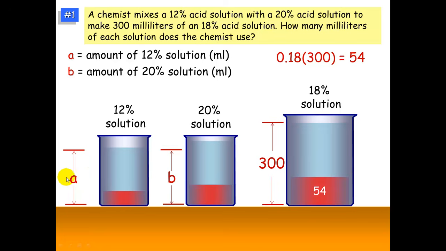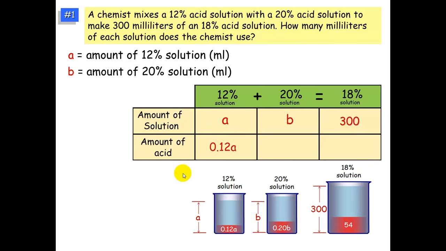Okay, now I don't know the exact amount of A, but I do know that 12% of A can be shown as 0.12A. And 20% of B is just 0.20B. So we'll go back into our table and we'll fill that in. So the actual amount of the acid, this is the stuff that has to eventually add up to 54. So it's 12% of whatever quantity our A is, our weak, plus 20% of B, our 20% solution. And remember, it has to all add up to 54